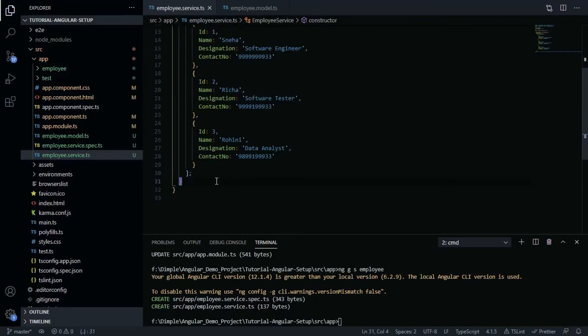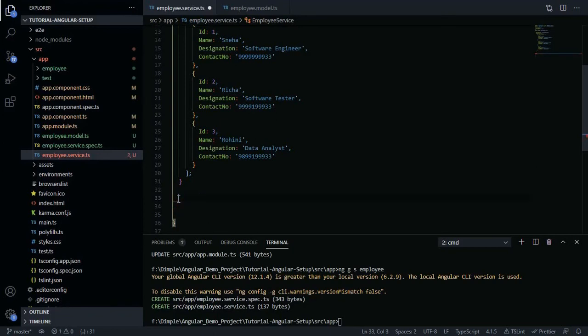So now next thing, we'll create two methods, one for getting the employee list and the other for deleting the employee based on the employee ID. So let's create methods here. Okay.